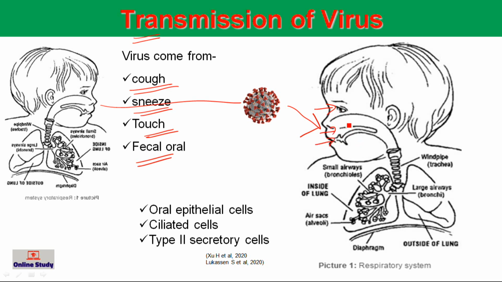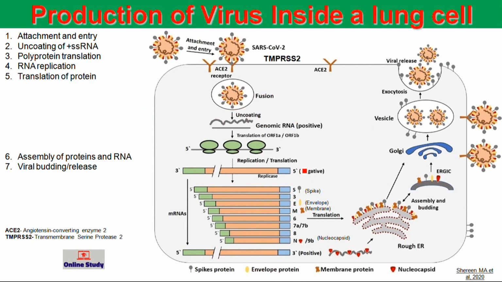And then they can infect the oral epithelial cell, ciliated cell, and type 2 secretory cells. And when they infect the cell, the virus takes several steps so they can multiply inside